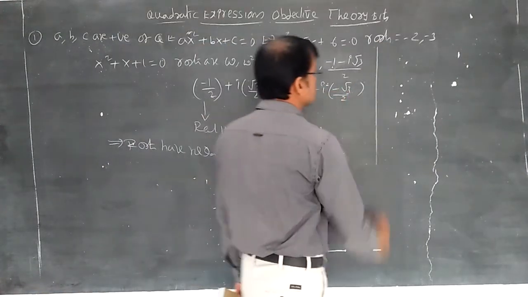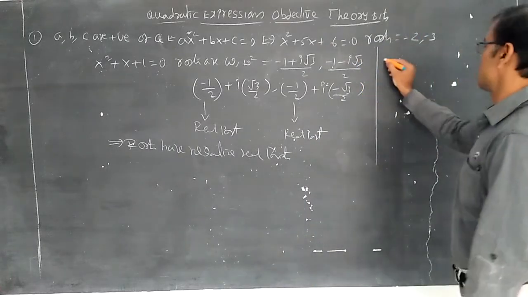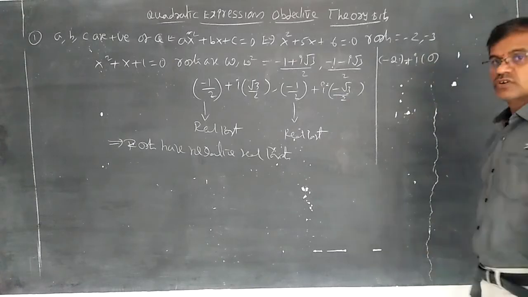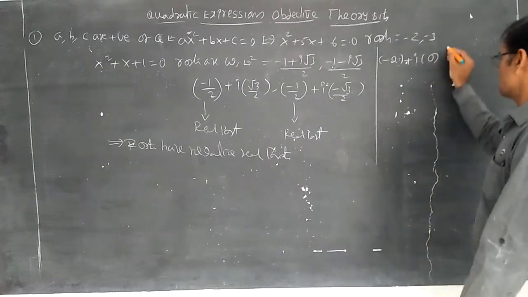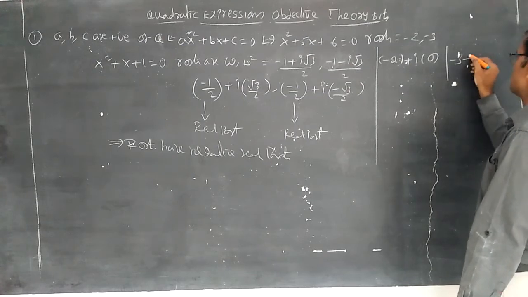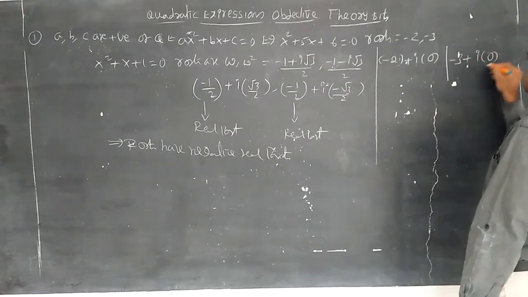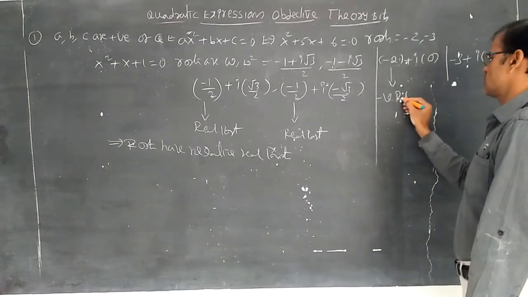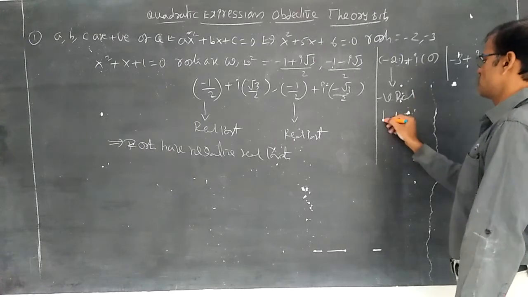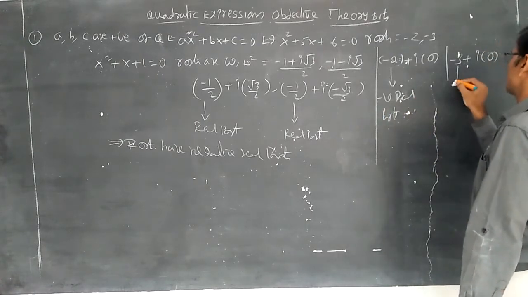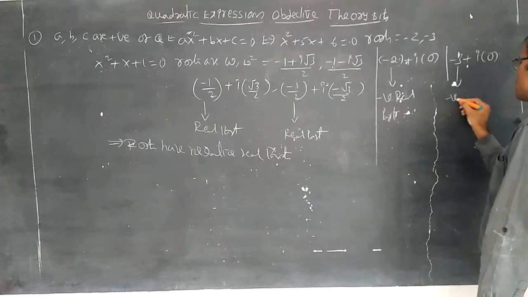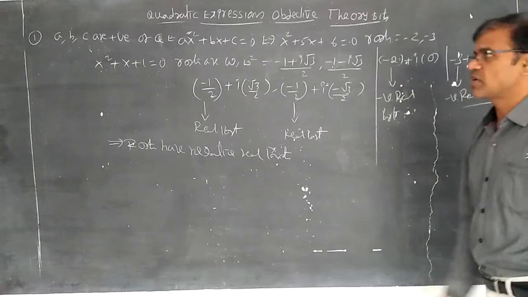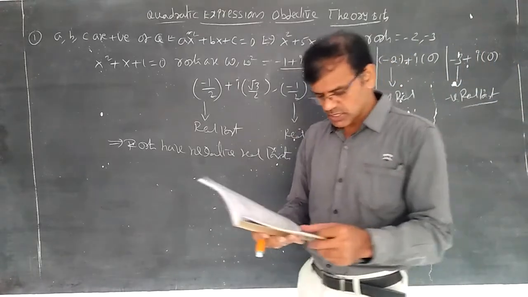Here you can get confused. Sir, this is also correct, sir? Okay students, this is also correct. You can write this as 0, and 0 is also a real number. So what is happening here? Minus 2 plus I into 0, and minus 3 plus I into 0. So it also has a negative real part. Among complex numbers, there are two parts: the first is called the real part and the second is called the imaginary part. That is why option 3 is the correct option.